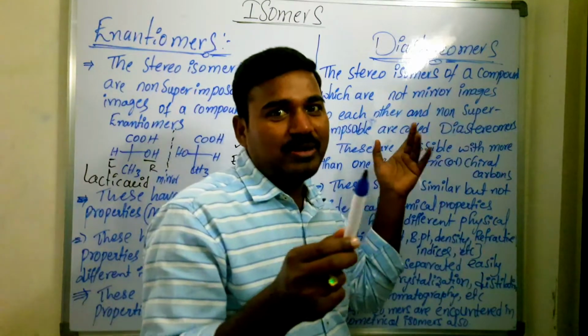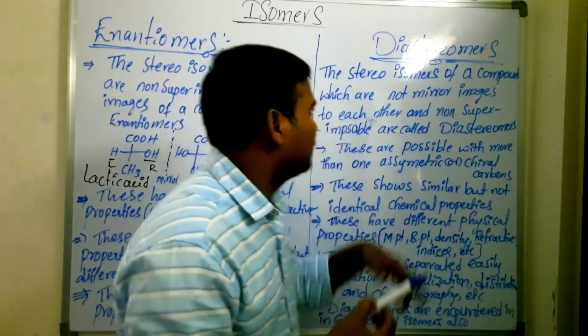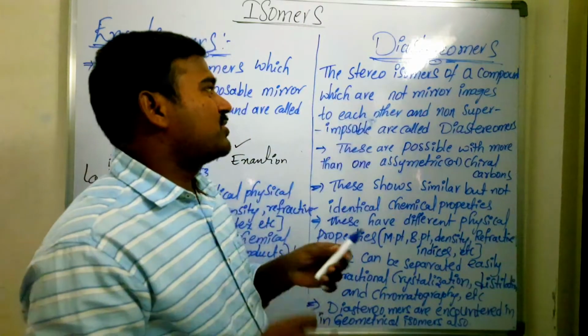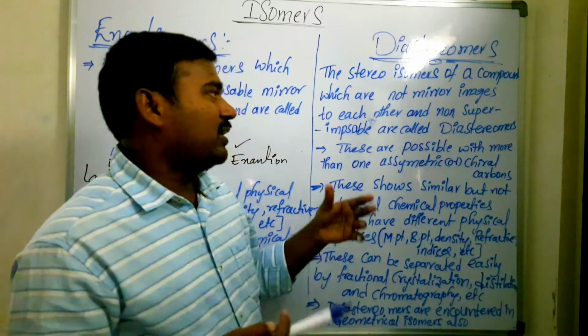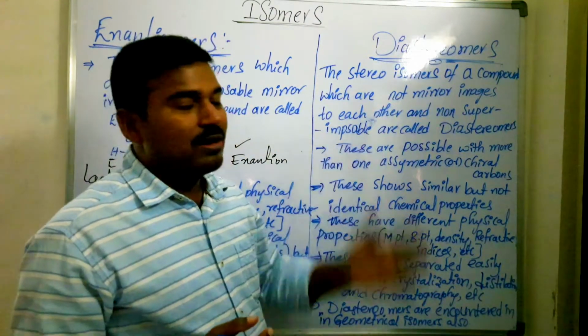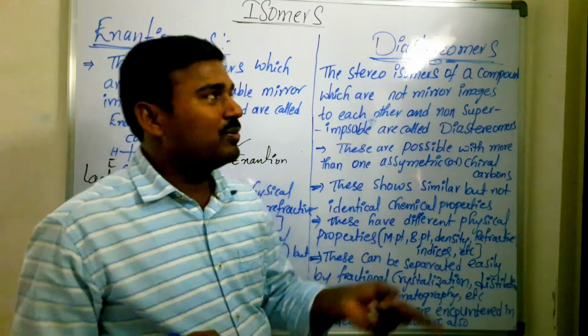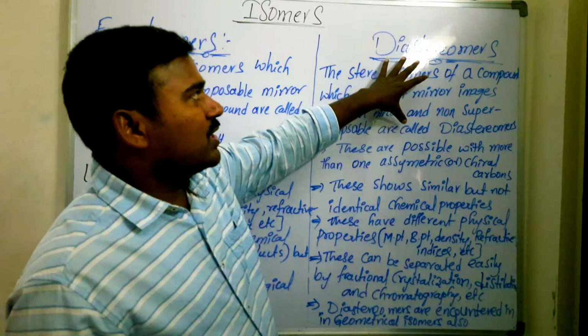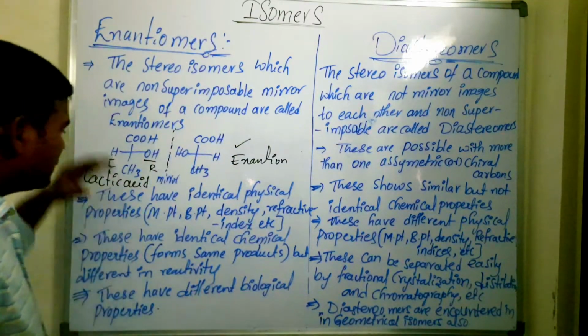Then they are said to be what? If they are not mirror images, they must be non-superimposable also. So stereoisomers of a compound which are not mirror images of each other and are non-superimposable are called diastereomers. Non-mirror image, non-superimposable stereo compounds are said to be diastereomers. Now you see here, these enantiomers